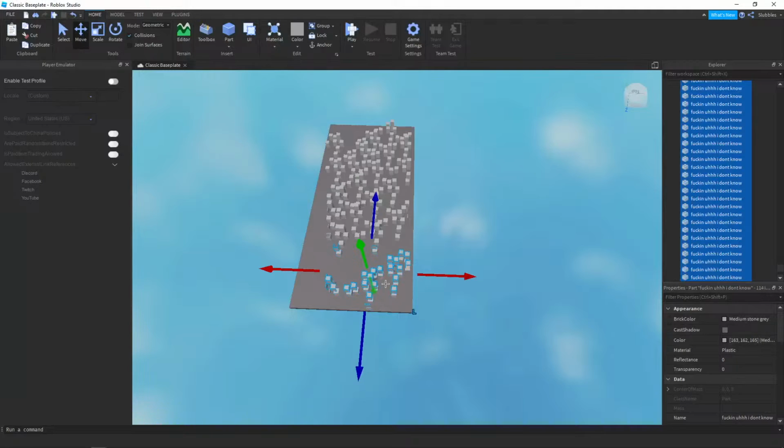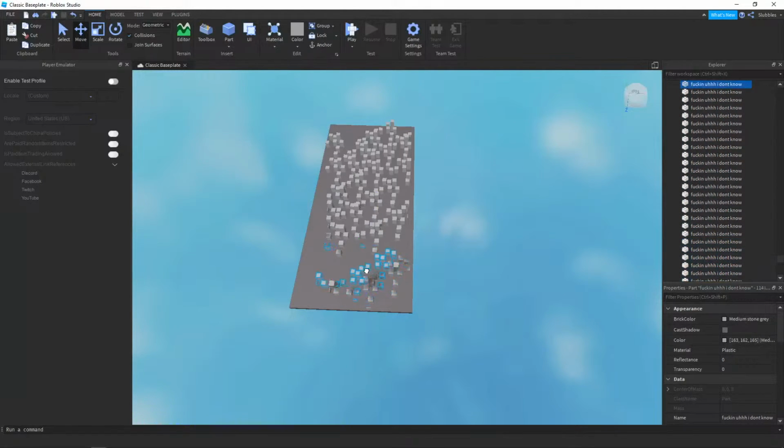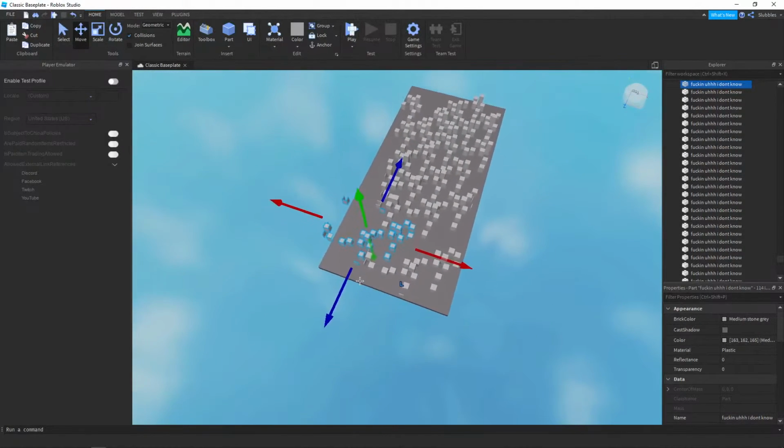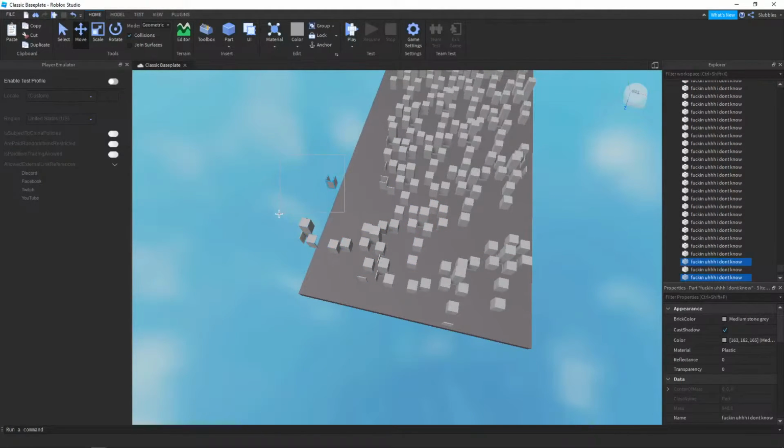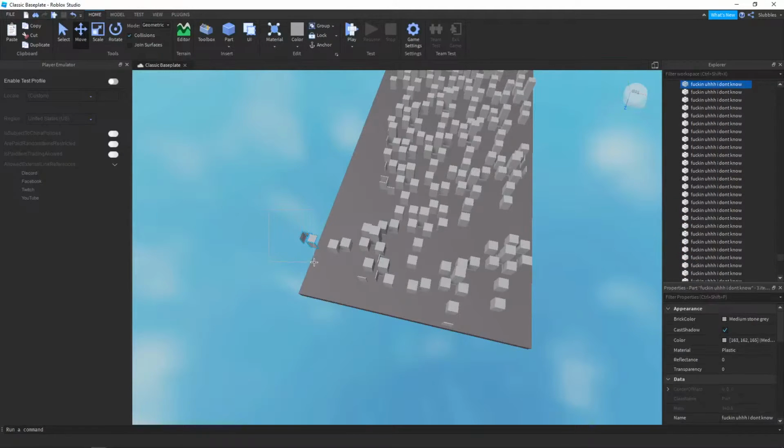Hey guys, I'm Tib12. Welcome to my channel. I'm going to be doing another tutorial for you guys. It's going to be a tutorial on how to change the shift lock cursor in Roblox to a new crosshair. So currently, this is what we have. This is the default one that you normally play with. You know, this is the one everybody's used to. If you're not familiar with what shift lock is, basically when you're